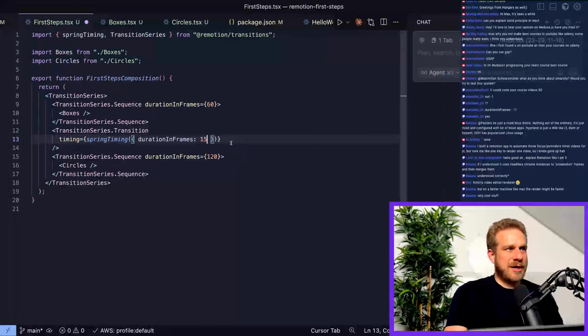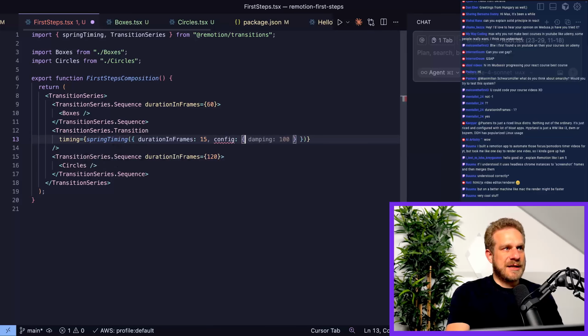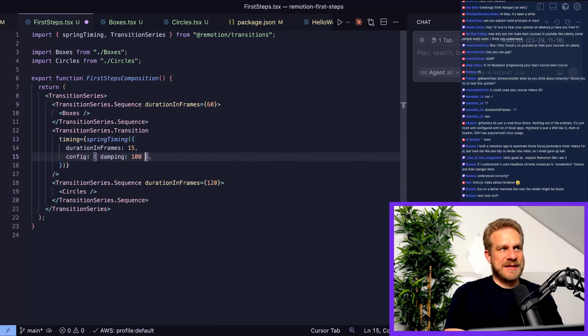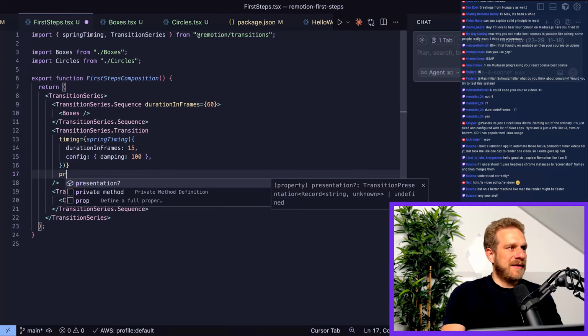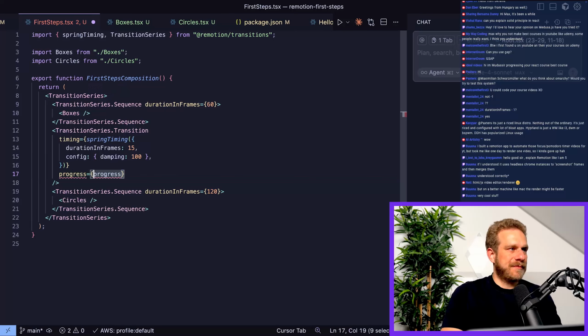But we can add a config. Since it is a spring, we can again add damping, set the mass, so how heavy it feels, and play around with that. And then for the presentation,